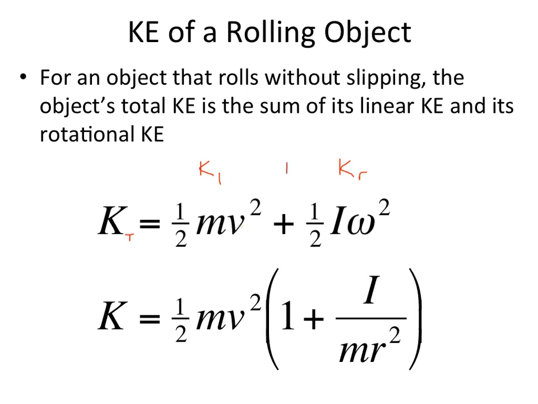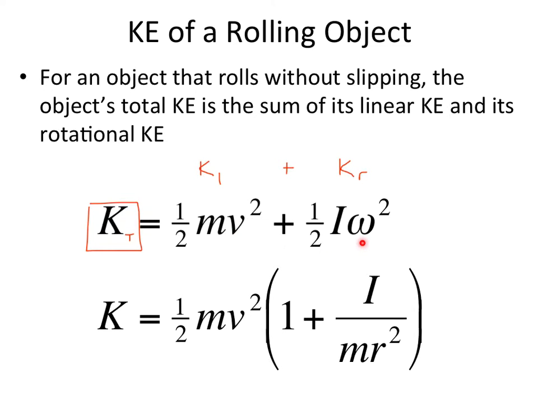This is going to be our 1/2 moment of inertia times angular velocity squared right here. So I'm not really going to indicate a notation for kinetic energy total, but it's going to be either initial or final. Like if an object is at the top of a ramp, it would be kinetic energy initial, which would probably be 0. Or at the bottom of the ramp, it would be kinetic energy final, where it's moving. But this total kinetic energy that it has is the sum of these two types of kinetic energy that the rolling object has. It has linear motion, 1/2 mv squared, linear or translational motion, but it also has rotational motion,